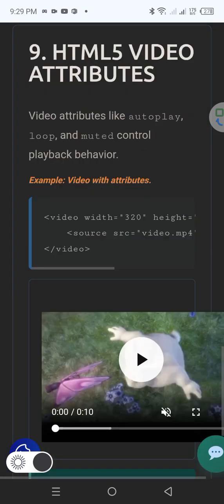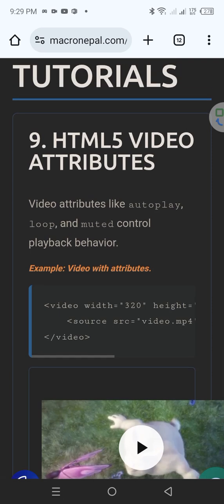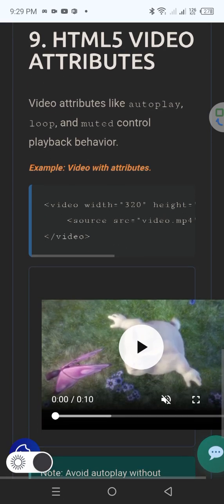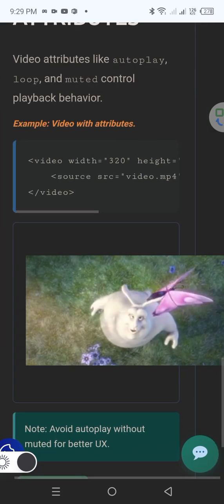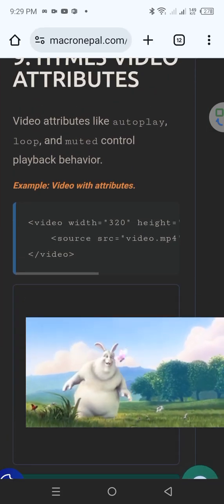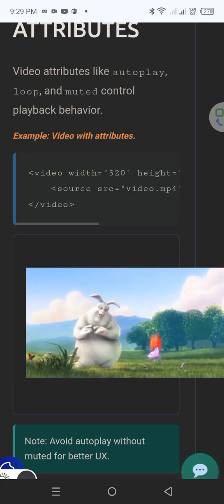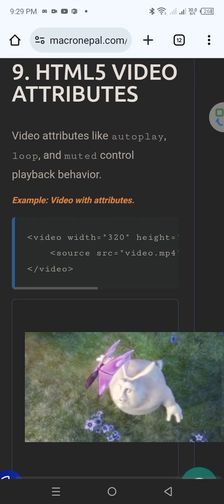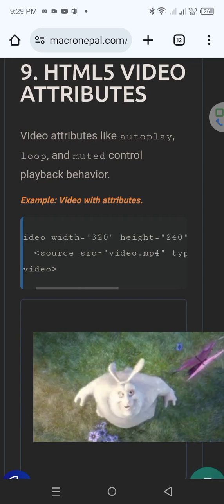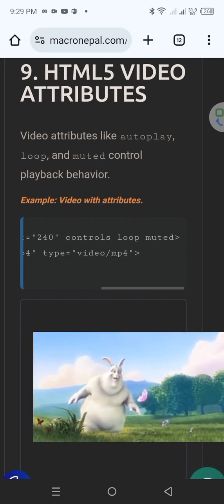Now next is about the HTML5 video attribute. The video element means loading a video in our HTML document. When you set the width, it means the horizontal size, and height means the vertical size. Here width is 320 pixels and height is 240 pixels.